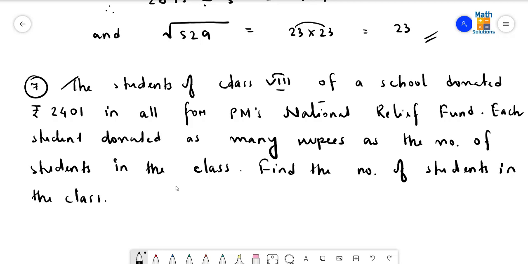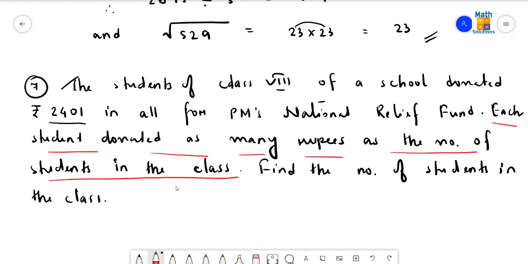So here I get that the total amount of money contributed is 2401. The prime condition given here is what? Each student donated as many rupees as the number of students in the class. Find the number of students in the class. That means suppose in a class there are 24 students. Just for example, if there are 24 students in a class, then each student will contribute 24 rupees per head, meaning every student will offer rupees 24,